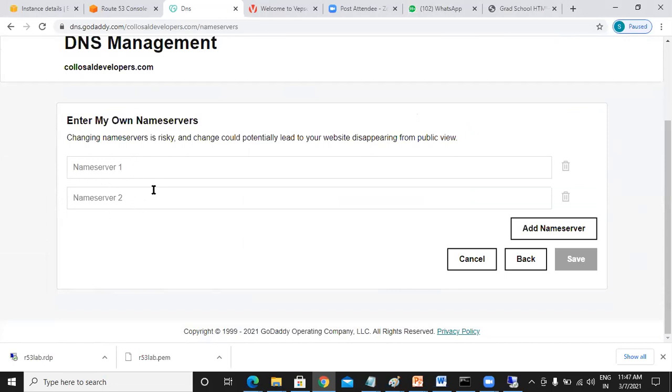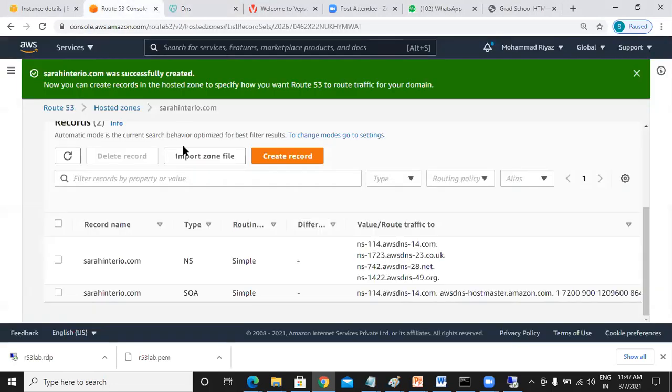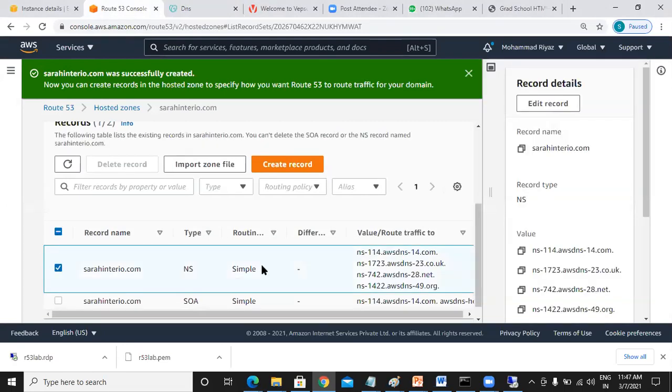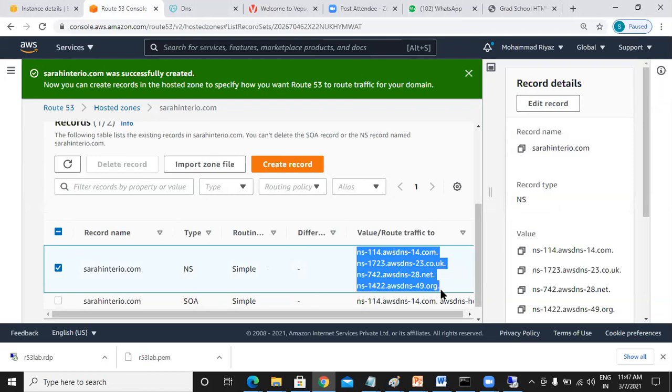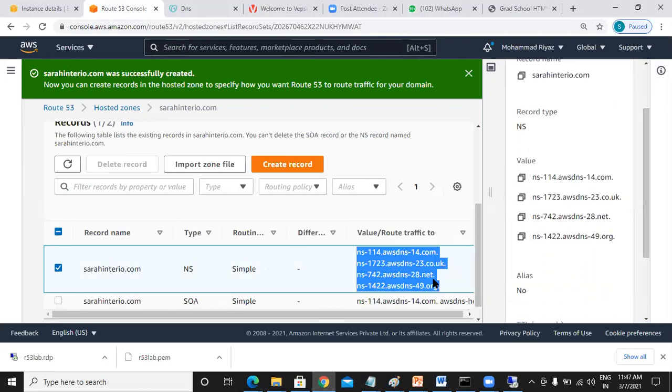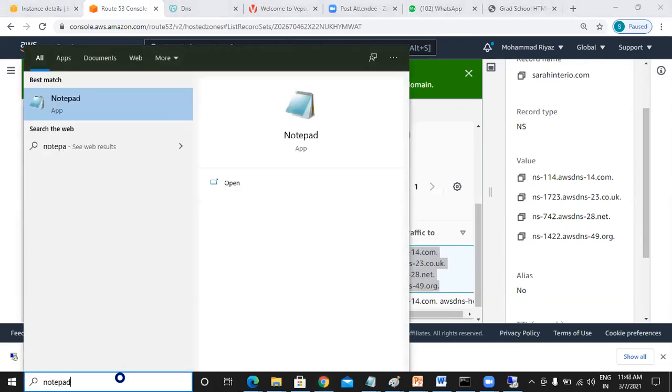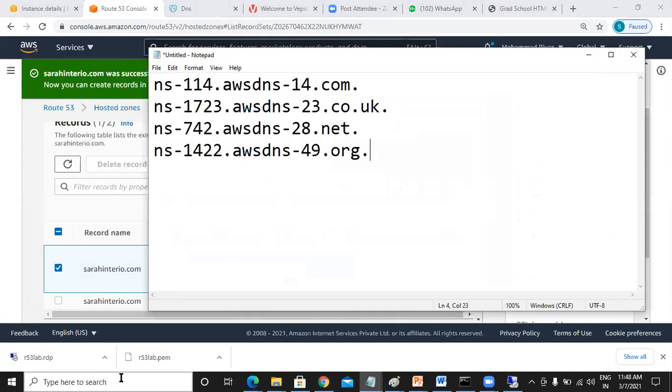What is that I need to add here? Go to Route 53. In Route 53, when you create a hosted zone, can you see this name servers list? All are able to see this list. Control C, Notepad, paste it.